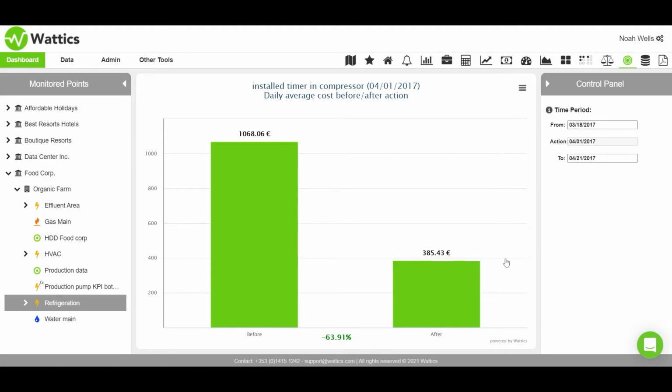This is another way to prove that a project has saved your company energy and costs, which is very helpful for ISO 50001 and green building certification, such as LEED, as well as for other industry certifications and regulatory energy reporting purposes. You can download this graph in multiple formats, such as PDF or JPEG, to include it